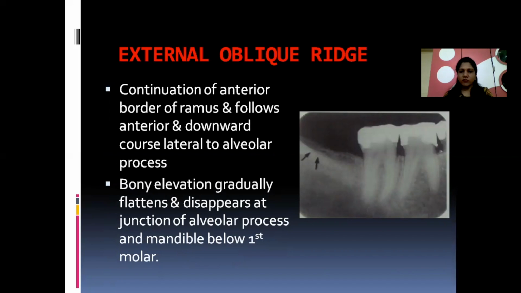External oblique ridge. Now this is the external oblique ridge. The external oblique ridge is an anterior extension of the anterior border of the ramus of the mandible. If you go and trace above it, you can see the anterior border of the ramus of the mandible. Now this anterior border is a bony ridge, and in the molar posterior IOPA you can visualize this particular landmark. And as it is a ridge, it will appear as a thick radiopacity. It extends from the molar region and goes downwards to the first molar region.